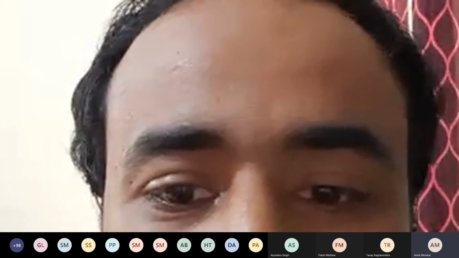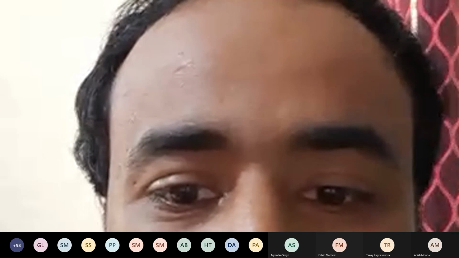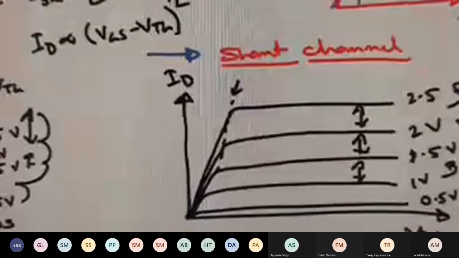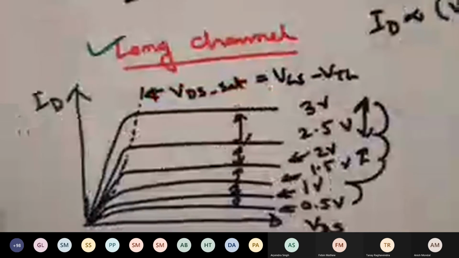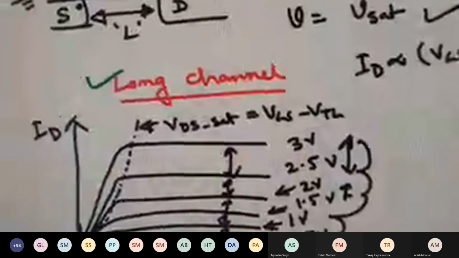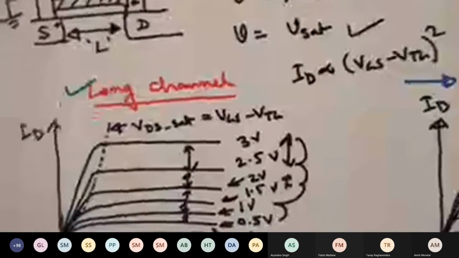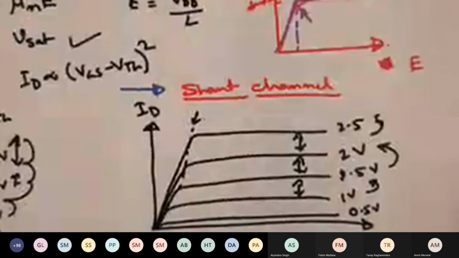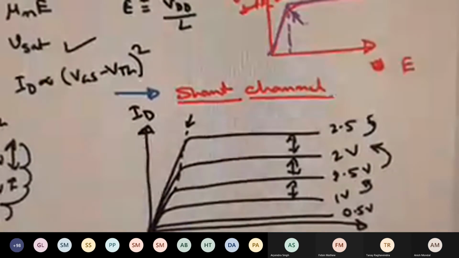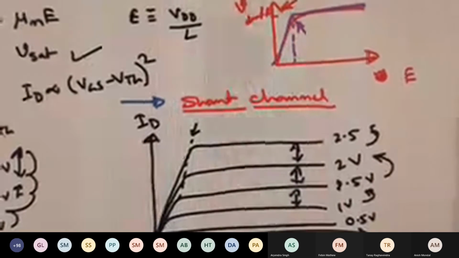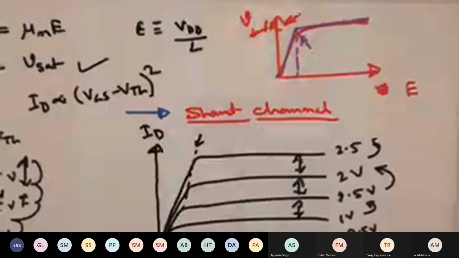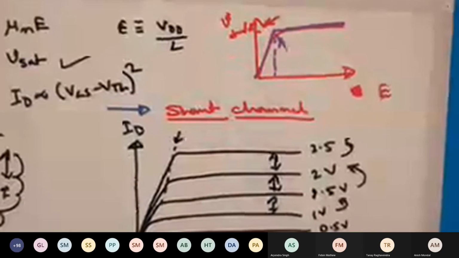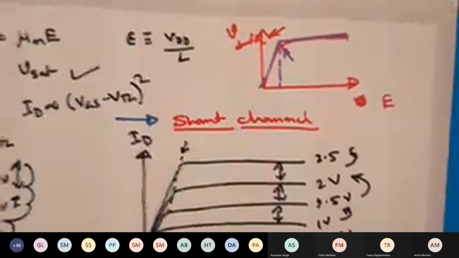Okay, just a minute. Why is the camera not switching? Can you see the screen that I'm trying to show you? Yes. Okay. So this is for the long channel and this is for the short channel, right? Right now the power is back, so probably I can also show you from here. That would be better for me. I have joined from there, so I am switching out of this now.